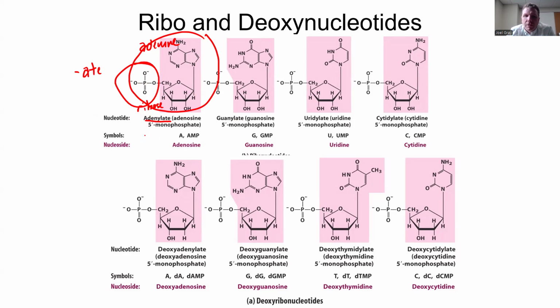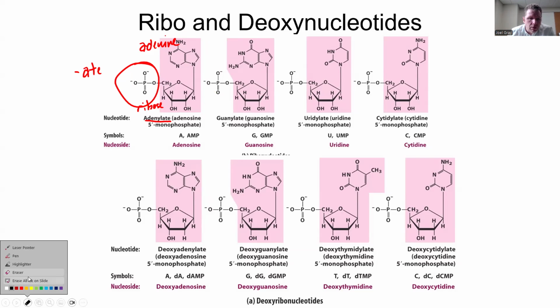Now, the more common name that you'll see, and the name that I will say more than anything else, is adenosine 5' monophosphate. That adenosine is basically the nucleoside name, which is highlighted here at the bottom, the nucleoside name plus the phosphate and where it is.